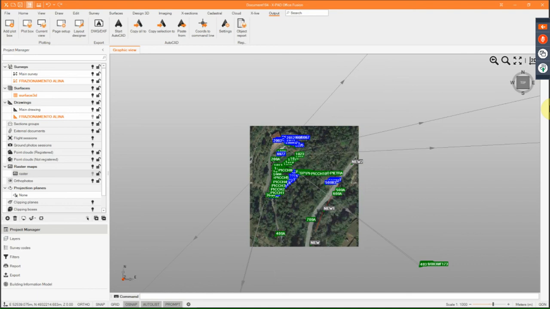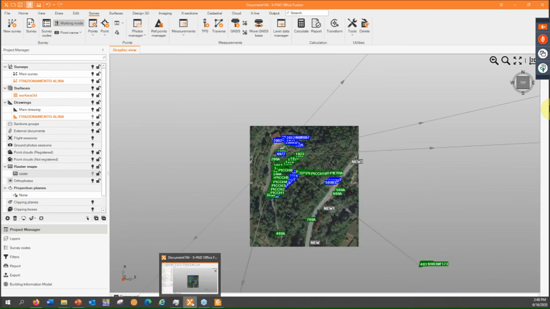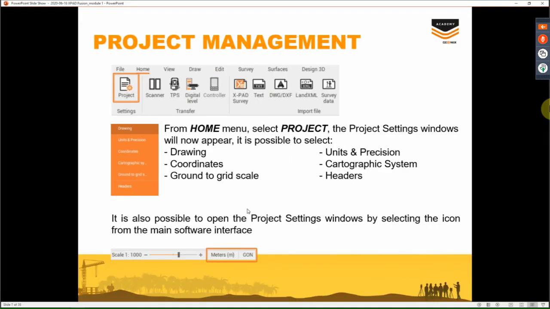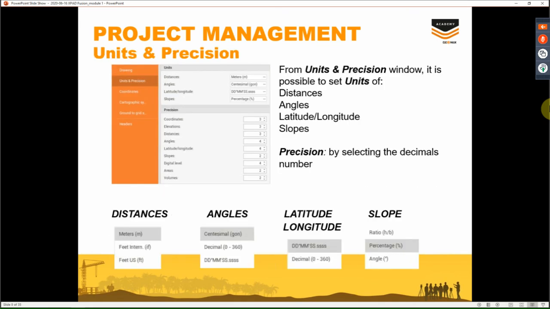So this webinar is just to give you an overview about the main functionality, so the basic functionality, and also some hidden functionality that we are using, especially for checking the data from topography points, from measurement points. I just want to come back to the presentation to review all the other information that we already saw here. So import the data, how to import the data, project management to manage also the settings for the project, using the particular drawing scale, using unit and position also to enter different information,